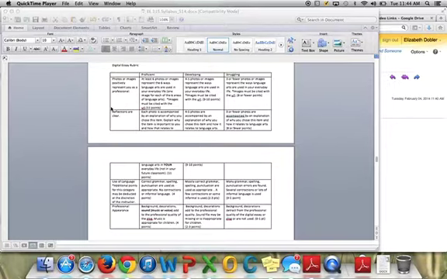So 6 images. They could be images you find online, and if so, you need to include the URL where you found the image on your project, or they can be photographs that you take yourself. And I'll show you those in the example here in just a few minutes. So 6 images, and then for each image, you're going to write a reflection. And what I mean by a reflection is I want you to explain how this image shows what you do in your everyday life. For instance,